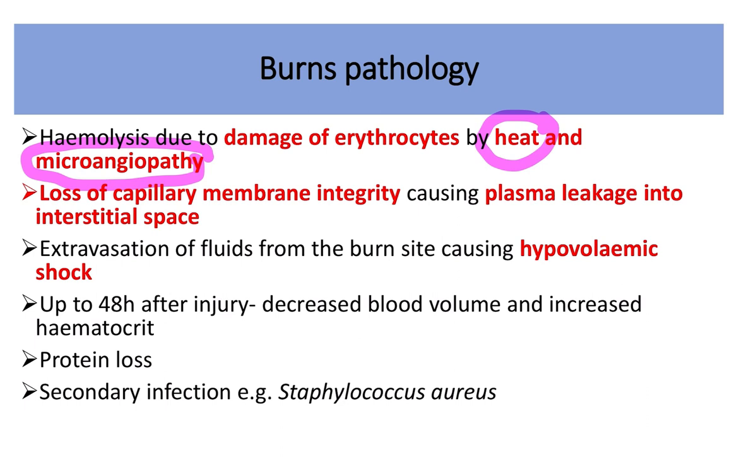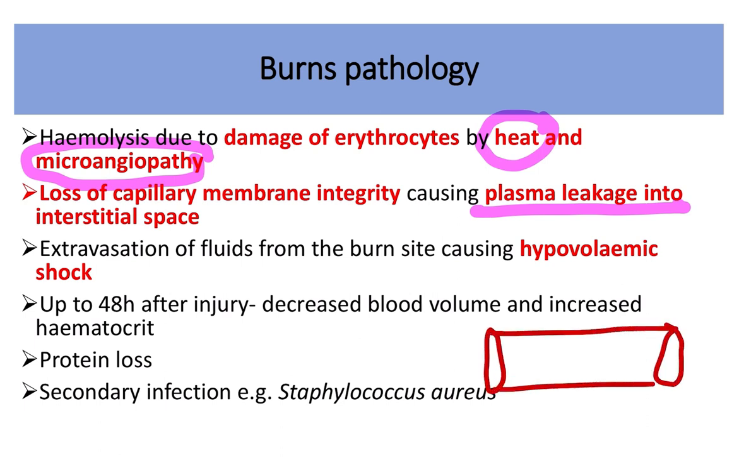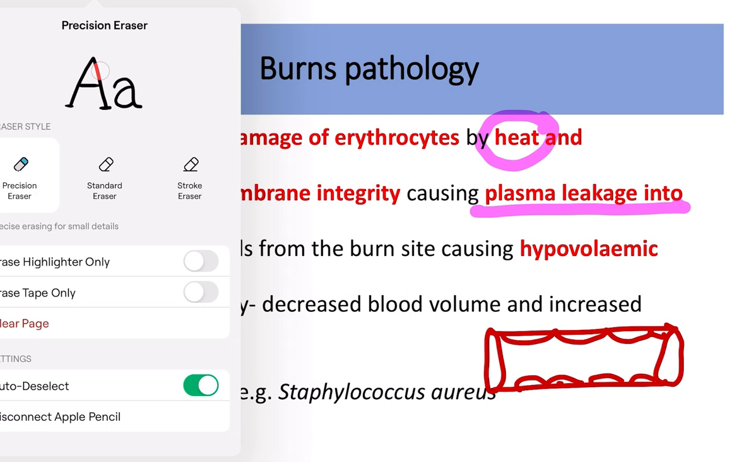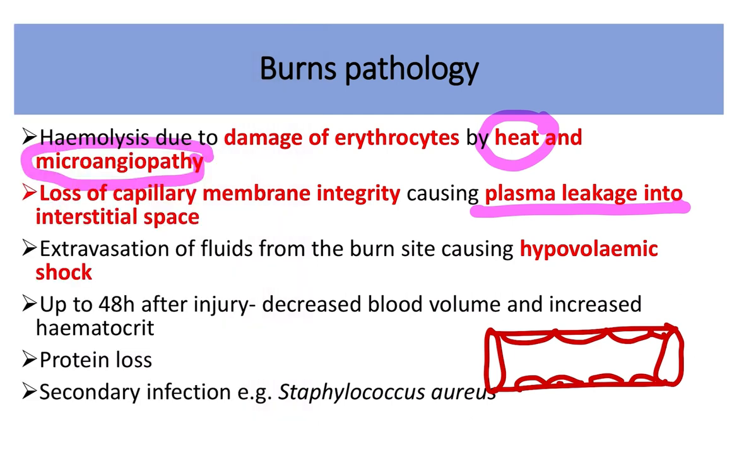Loss of capillary membrane integrity causes plasma leakage into the interstitial space. So what happens in case of the burn? Like this is a blood vessel and this is the endothelium. When a burn occurs, in this condition, the endothelium is lost. When the endothelium is lost, then what happens? The circulating blood goes into the